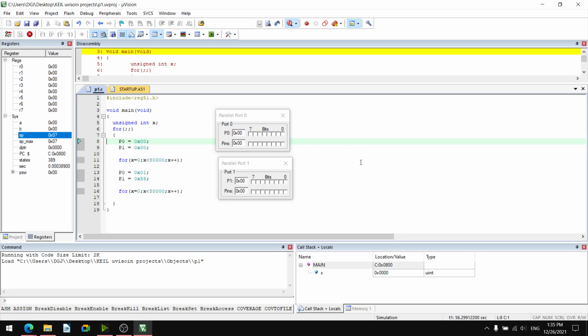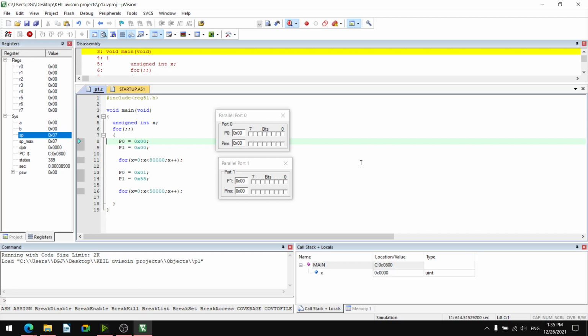So 0 is there for 80,000 delay, 80,000 number count is there. And after that, P0 will have 0, 1, 0, 0, 0, 0, 0, 0, 1, 0, 0, 0, 0, 0, 0, 0, 1. And P1 will have 55, 0, 1, 0, 1, 0, 1, 0, 1.